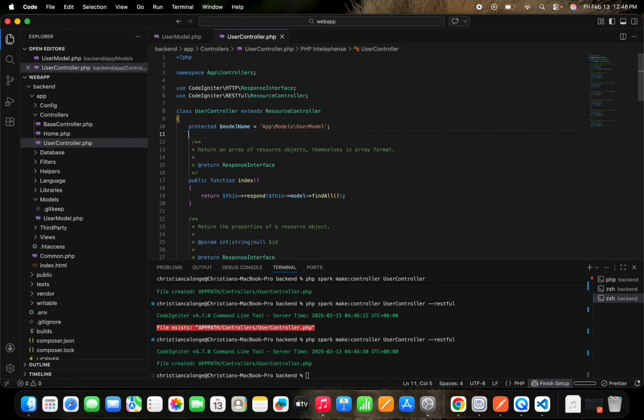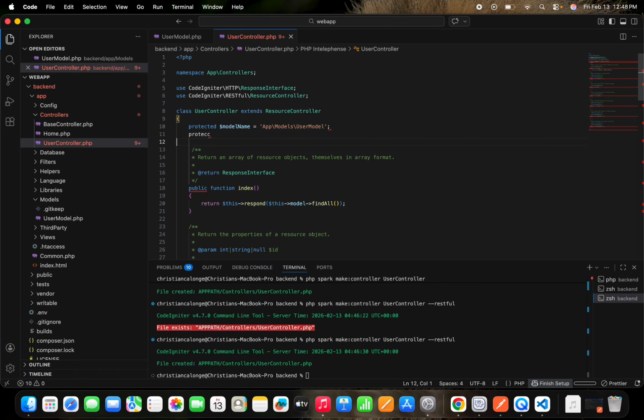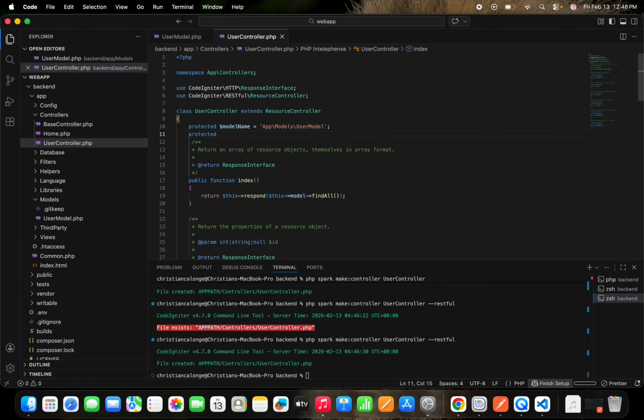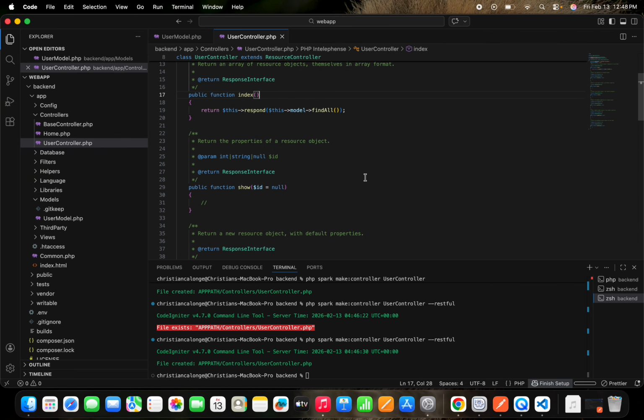And then the format: we are using JSON format here, so format equals JSON. Check: model, respond, findAll. Okay, so we're done now with our controller.